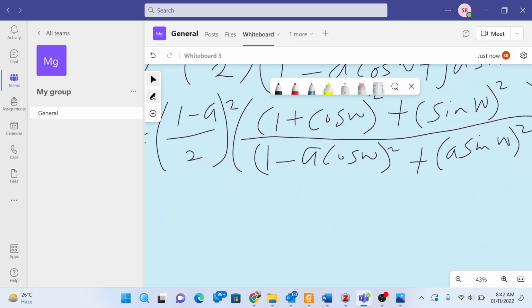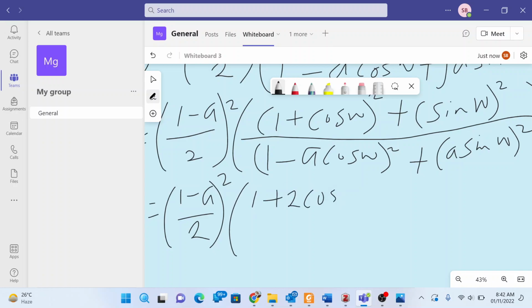So we expand it. So it's going to be 1 minus a, all over 2 squared, and this is going to be 1 plus 2 cos omega, then plus cos squared omega, then plus sine squared omega,